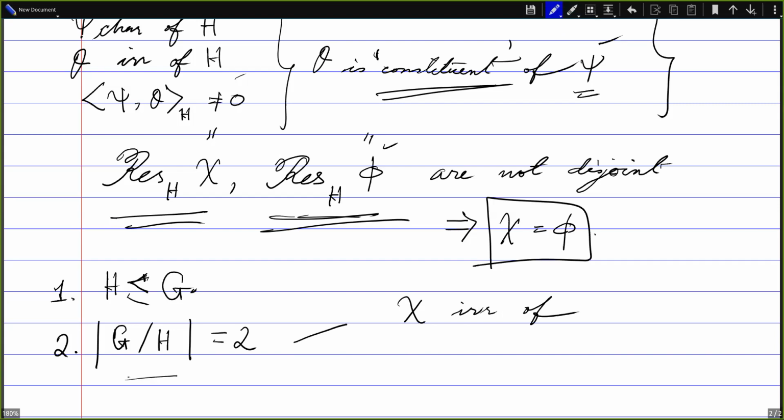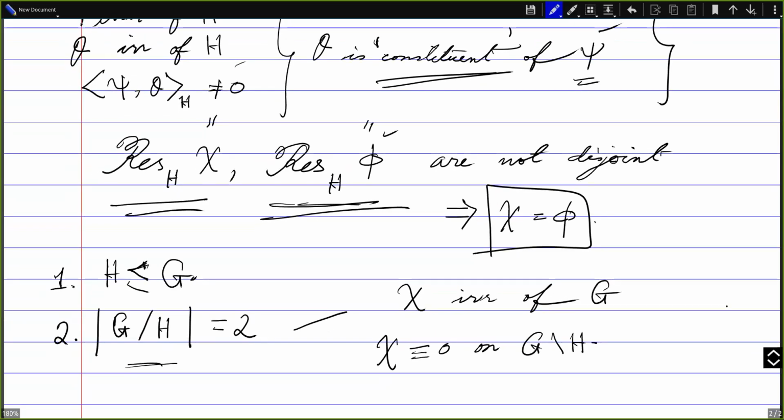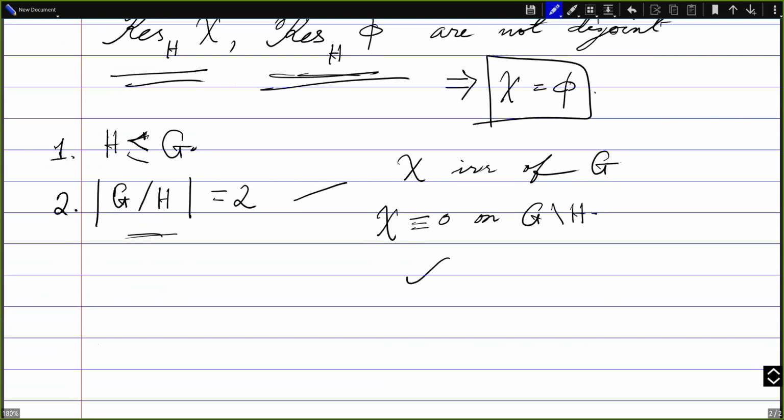So when the index is 2, we start with an irreducible character chi of G. If it happens that chi vanishes identically on the complement of H, then once we restrict chi to H,